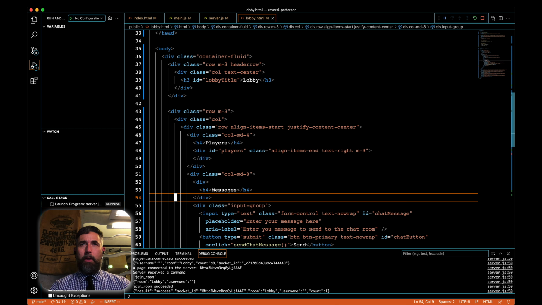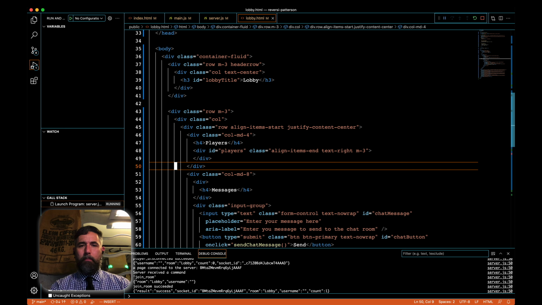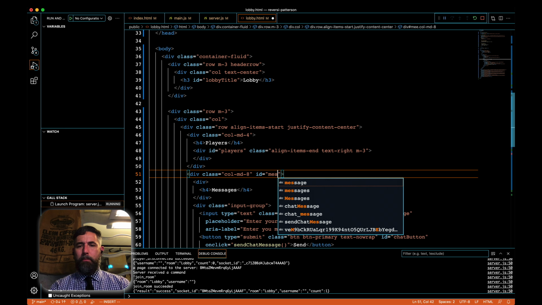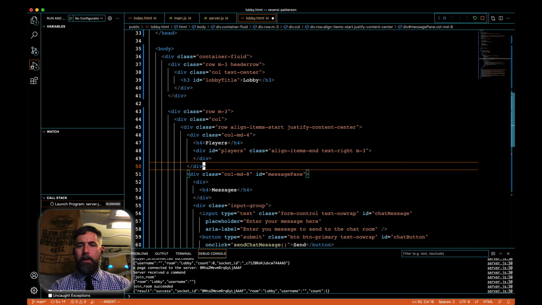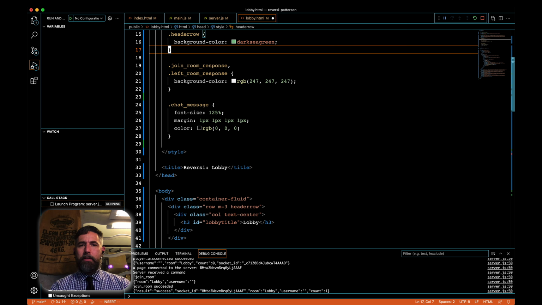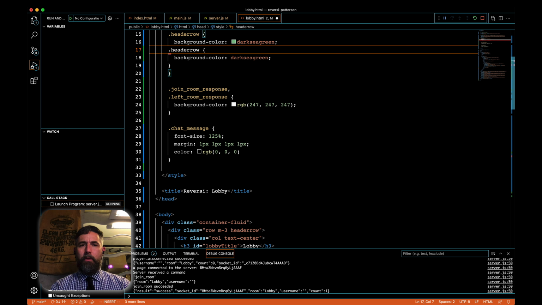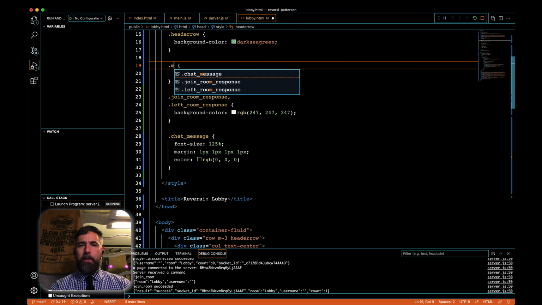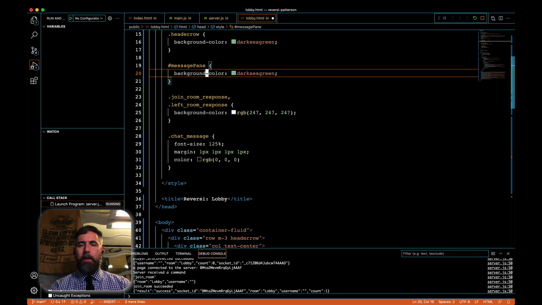I want to actually have all the messages here be a particular color. So let's give that a message pane ID. And then up here in our styling, let's copy our header row and make it say message pane. And it's an ID, it's not a class. And let's make it just a little bit of a lighter green. A different color, but not,